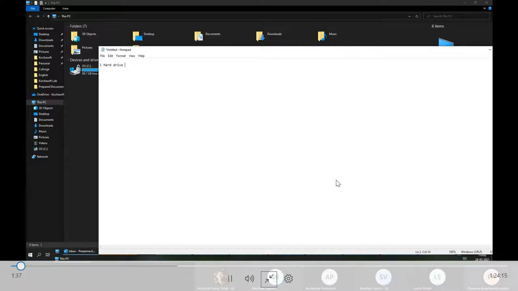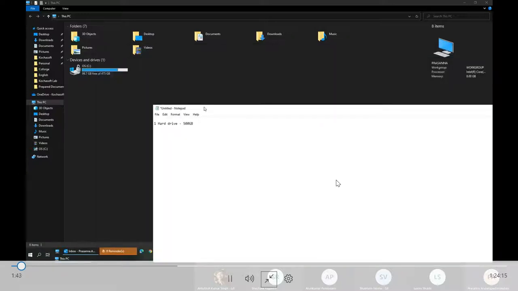The hard drive space is 500 GB. In this case, I'm using the C partition for the entire 500 GB. So this is one case: the entire space is allocated to